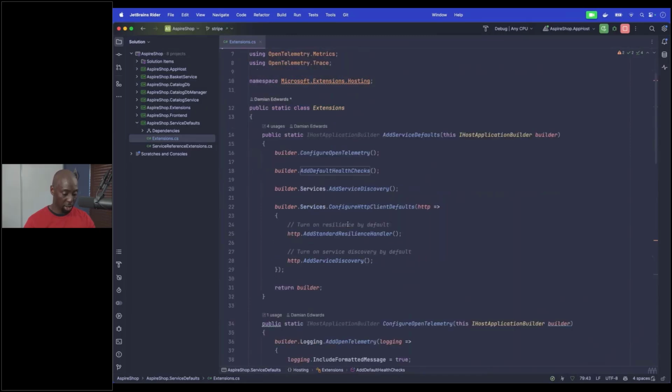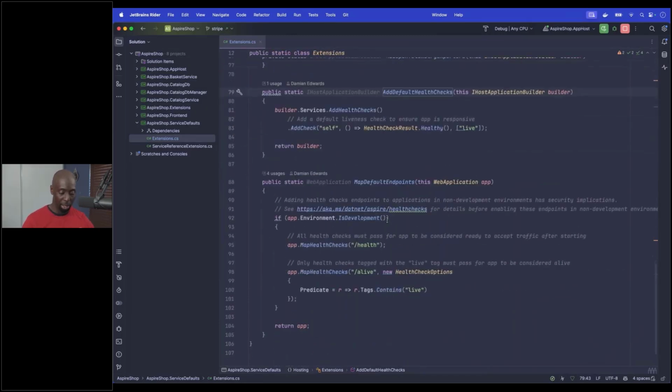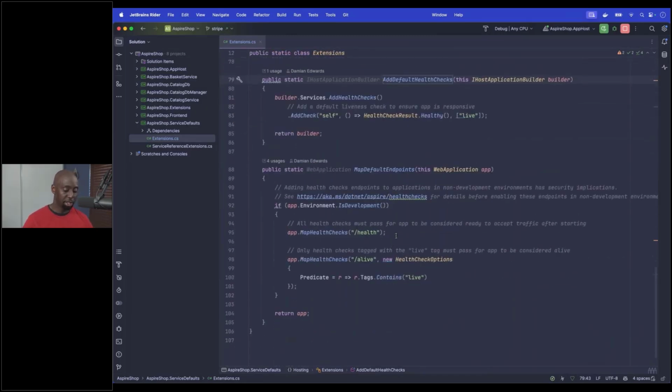If you go to health check, I remember there was a debate online. Should this be called /health? Should it be called /status? Should it be called /whatever? You know what? You could change it to be whatever you want it to be, right? You could put it under a subpath if you want. You can add more health checks to this if you wanted to, right? The code is here for you to change and update as much as you want.